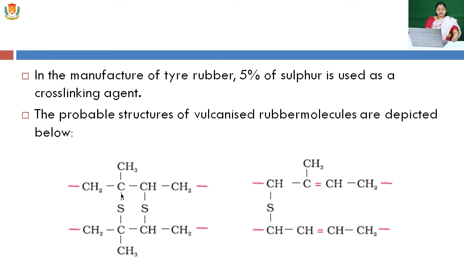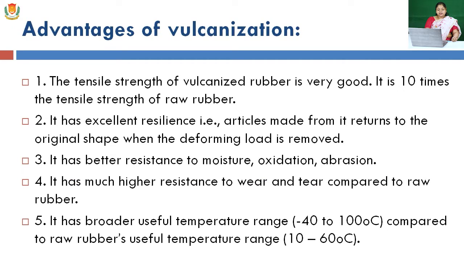These are the structure of vulcanized rubber, in which, in a simple carbon chain of molecules or monomers, you can say, sulfur is inserted in between the chains and forms cross-linked structures between carbon, sulfur, carbon. And similarly in this diagram, carbon, sulfur and carbon, and this enhances the durability of the rubber.